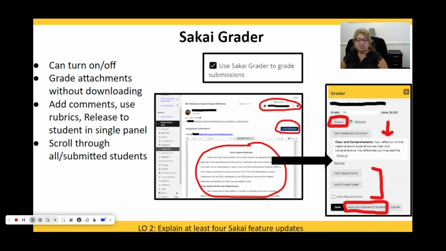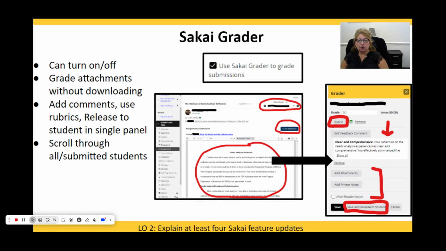There are two versions of grading: the legacy grading interface, which is the classic version, and the new version, which is the Sakai grader, a more modern version that was part of the new upgrade to Sakai. You can use either version, but the Sakai grader is more user-friendly, has more advanced options for grading and providing feedback, and it can also support batch grading to save you time. The differences